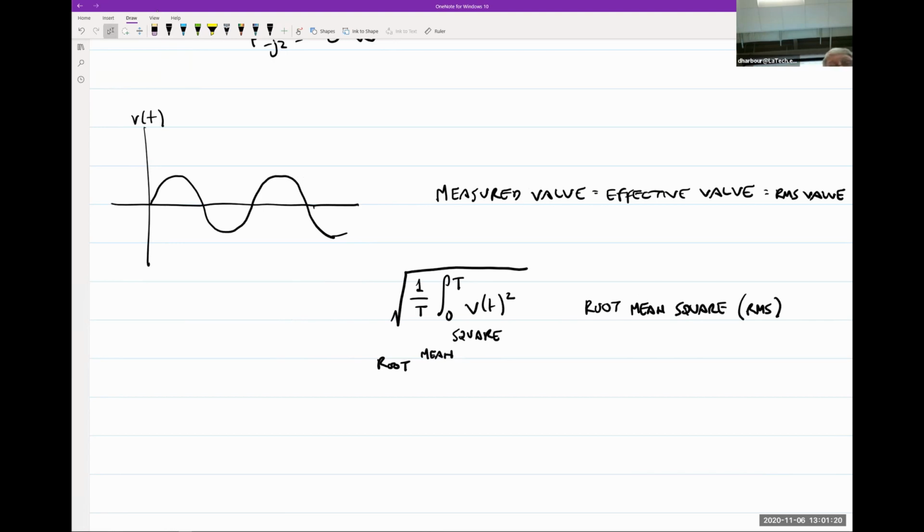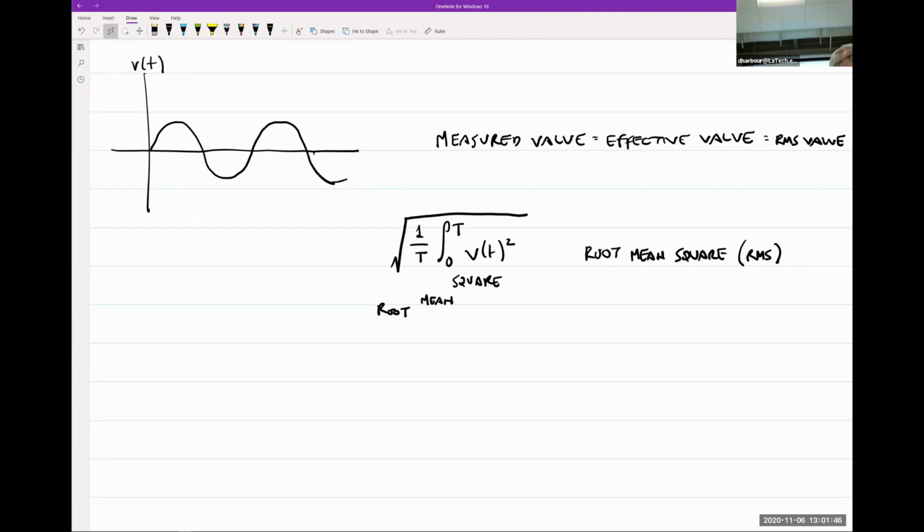Okay? Now, the math here can get kind of ugly. It depends on what you're squaring. Some things you square them, it's not too terrible. You can still integrate it and divide by the period and all that stuff. Other things, like a cosine function, when you start squaring it, things get bad in a hurry. And then when you want to integrate it, well, then it just gets plain ugly, right? So fortunately for us, somebody did the math at some point. I think Dr. Hartman can do it. I don't do it. But for any sinusoidal waveform,